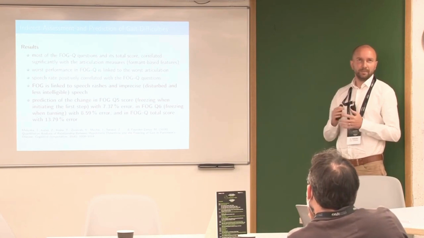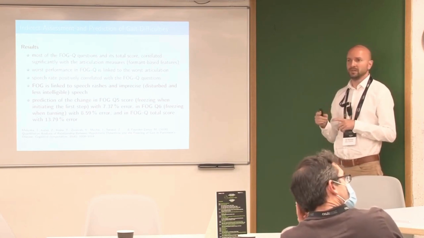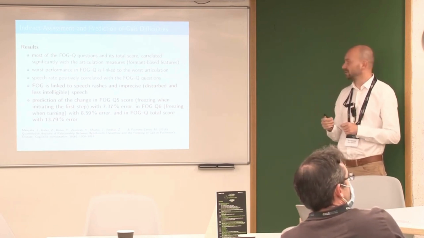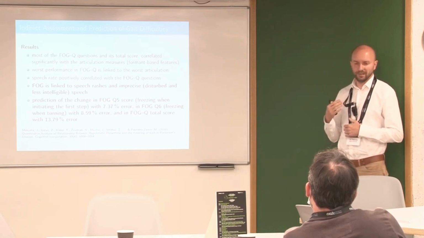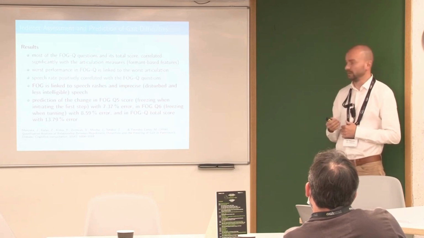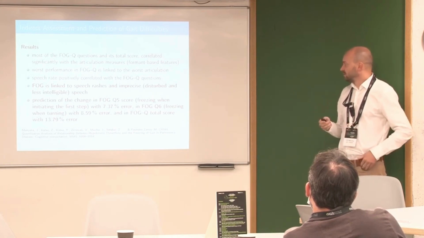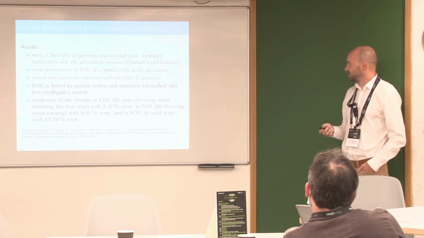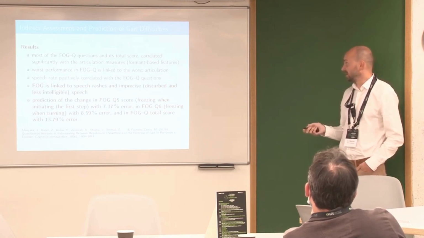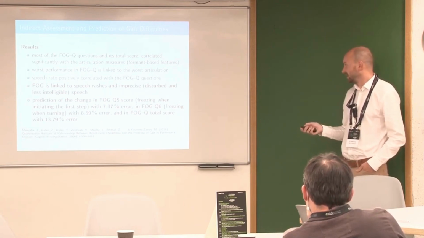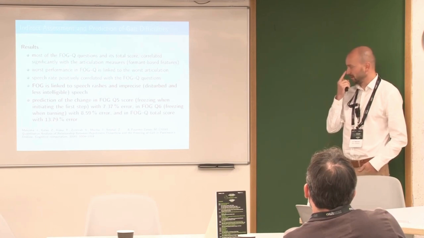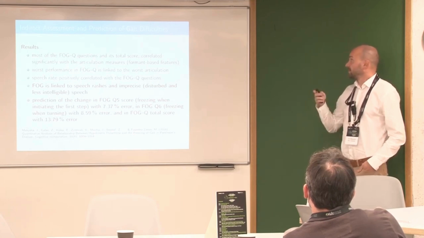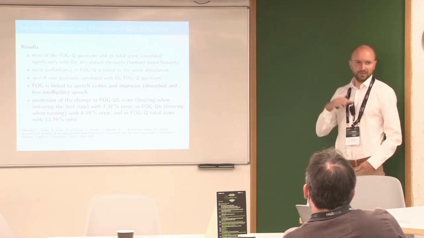Generally, we identified that in PD patients there is a relation between speech articulation and these gait difficulties. More specifically, if the patients have gait difficulty, then most probably they also have a kind of articulation deficit or poor intelligibility. In terms of prediction, using these machine learning models, we were able to predict a change in the scores assessing gait, with error ranging from 7% to 14%, depending on a specific gait or freezing of gait disorder. So in this study, we really proved that there is a connection between speech and gait